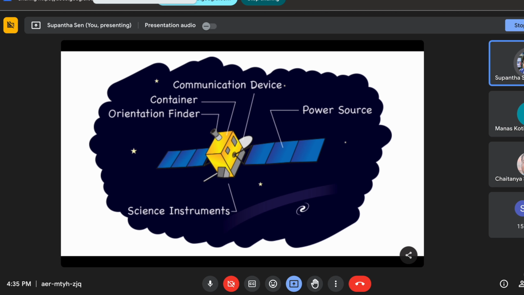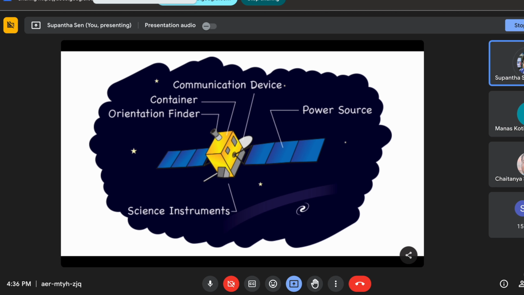Like when the solar panel is pointing towards the sun, you are at 300 to 500 degrees Celsius, and when it is not pointed towards the sun, it is, say, minus 200 degrees Celsius. This kind of temperature variation you have to take care of in the solar panels, in the container, and everything. So here the engineering challenge will come. So that's why I told you, this is an engineering marvel.